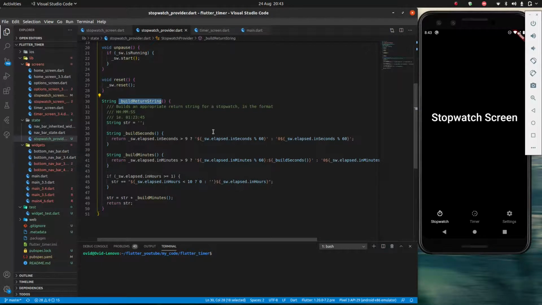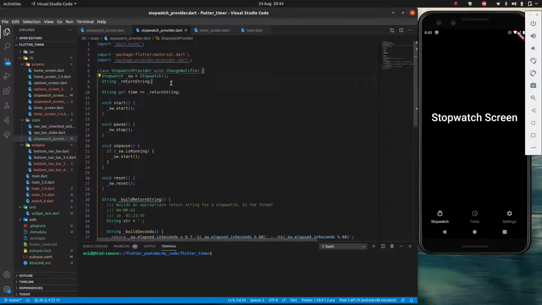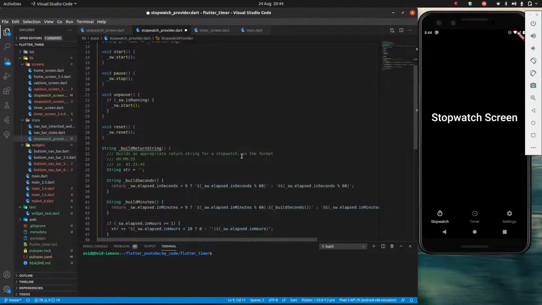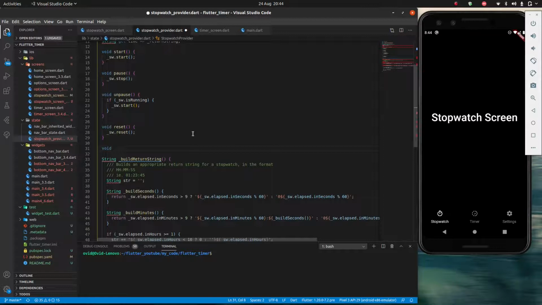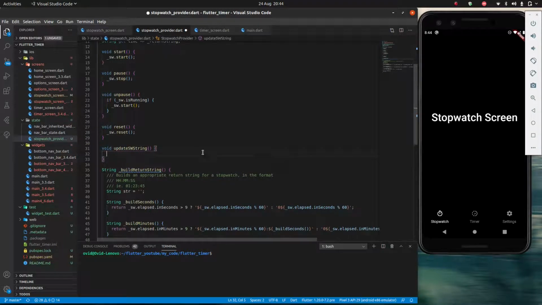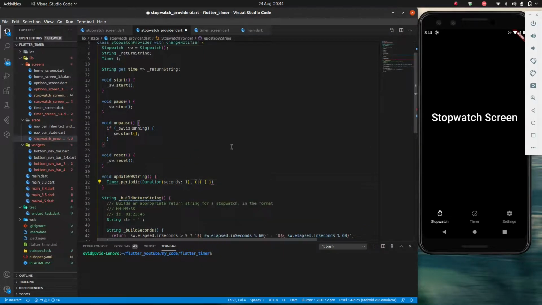And the way I'm going to do that is similar to what I showed you before. I'm going to make a timer t, and then I'm going to make a void, let's call it update stopwatch string. What this is going to do is say timer.periodic, so like we did before, and this is going to take a duration, and I'm going to give it a duration of seconds 1. And then this takes a timer, and I created a timer here to use here, and put my semicolon at the end here,